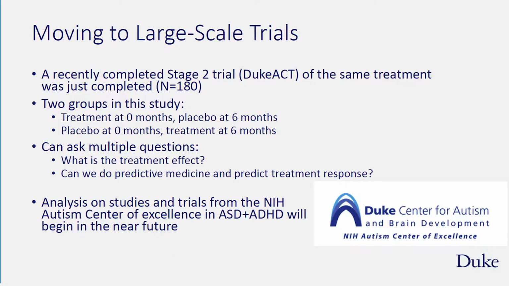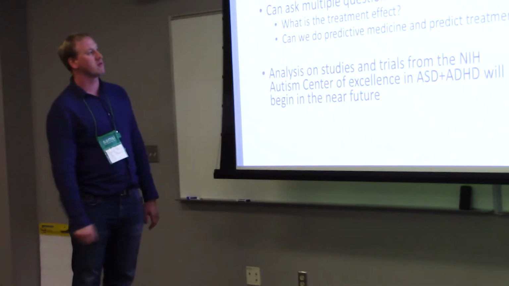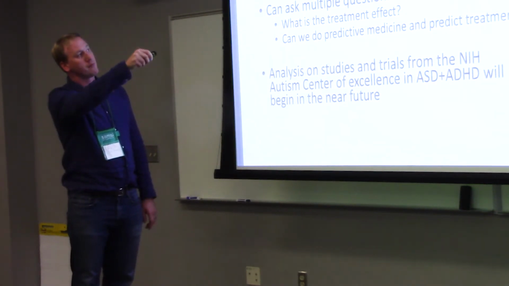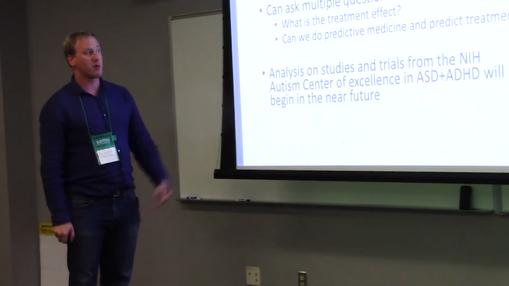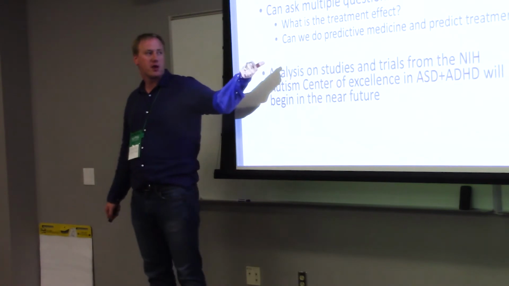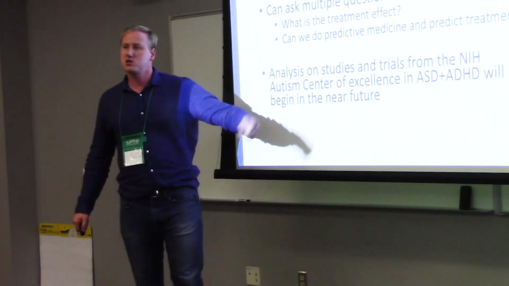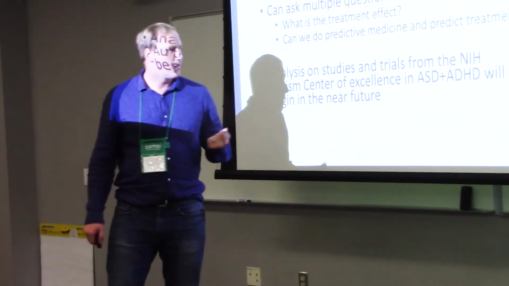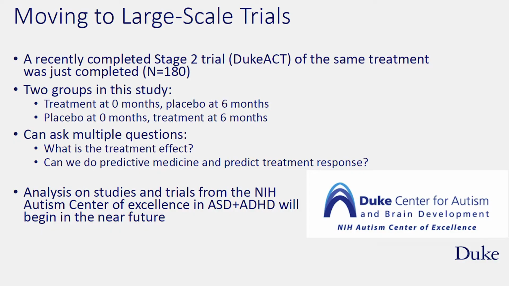We're going from n equals 22 really to n equals 180. And we can add that initial cohort in if we wanted to, so we'll be at n equals 200. But we also have an actual placebo and treatment setup, so we can actually look at things like treatment effect. And then I didn't really talk about the predictive medicine question. There's this question of can we actually predict how well individuals will respond to this treatment? We got above chance on that small data set,